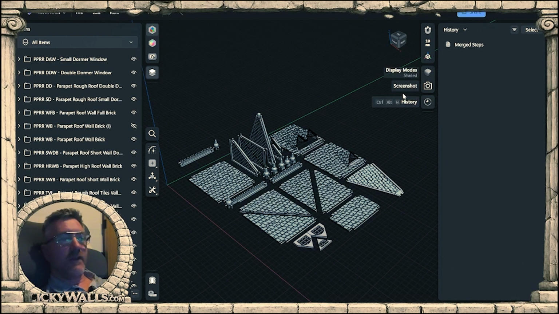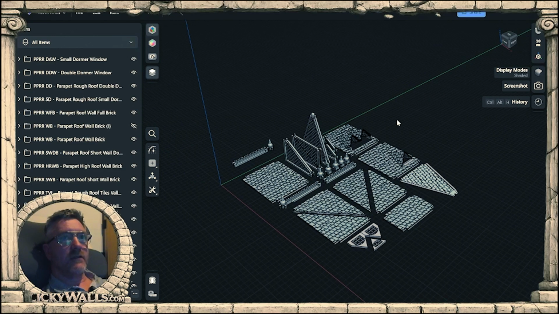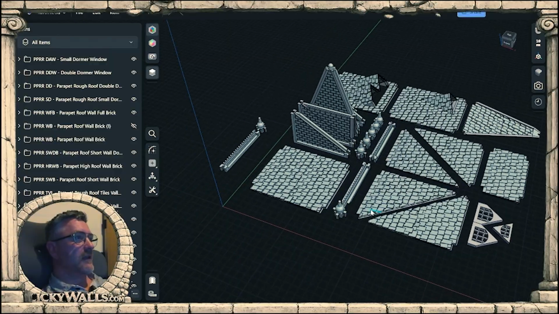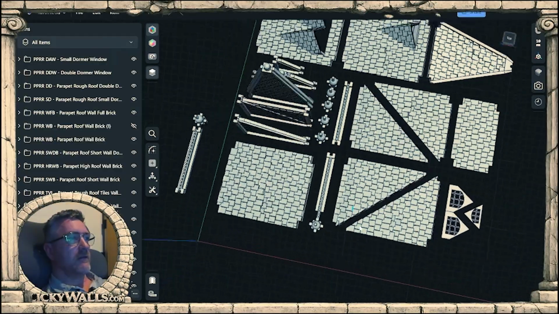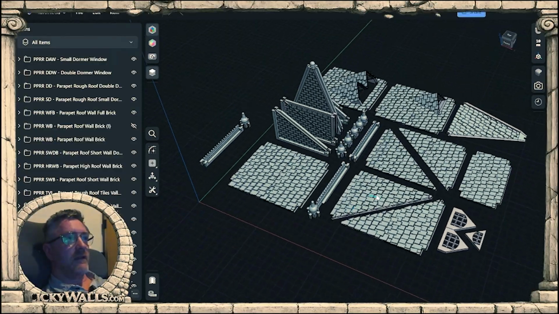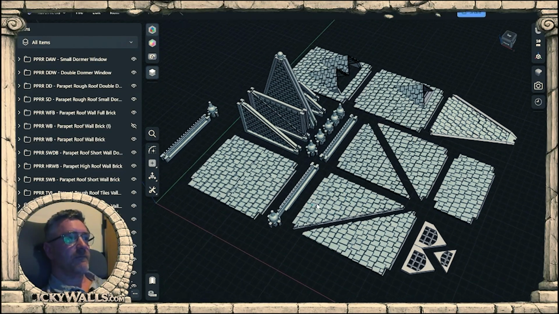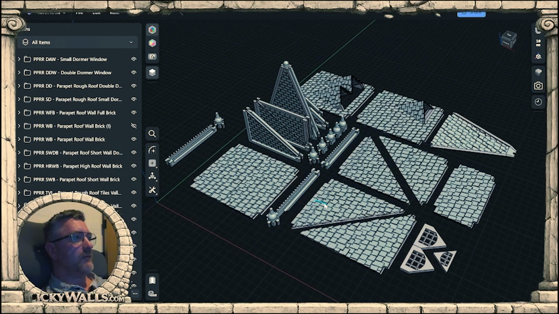So I'm going to do something a little bit different today. As you can see, I've got my 3D program open. This is Shaper 3D and it's what I use to create most of the ClickyWalls stuff. And the reason I'm doing this video is because somebody asked me to do a video on it. That's one reason. The other reason is because